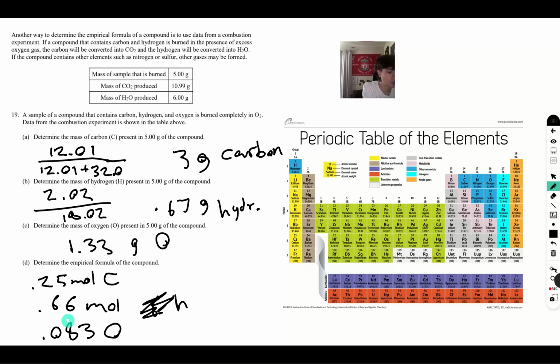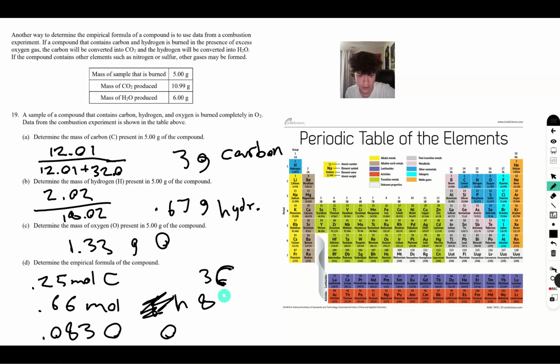Yes, we get 3.012. 3.01, we can just call that 3. So for every 1 oxygen, there's going to be 3 carbons. Now we need to do the same thing with hydrogen. So we have 0.66 divided by 0.083. This gives you 7.95, roughly